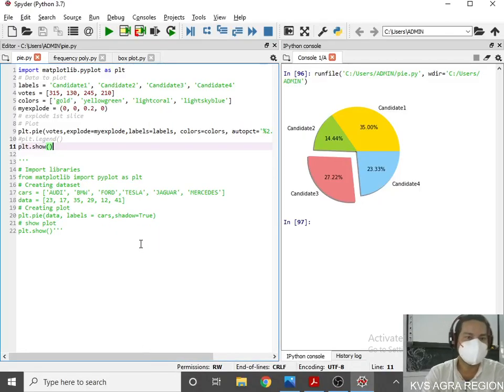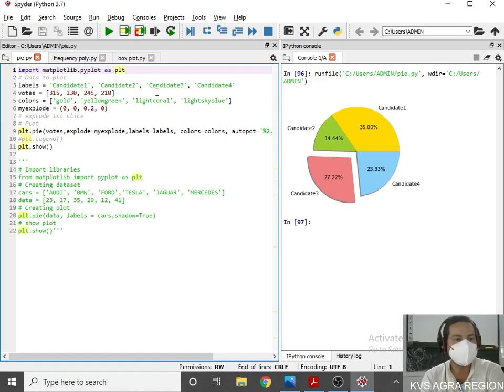Here we have created a program. For it we have to use import matplotlib.pyplot as plt. Here plt is an object of matplotlib.pyplot, or we can say it's an aliasing or short form for that imported library. Now what we have to do, we have some data to be plotted. So